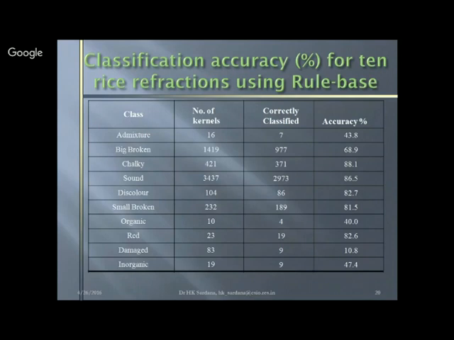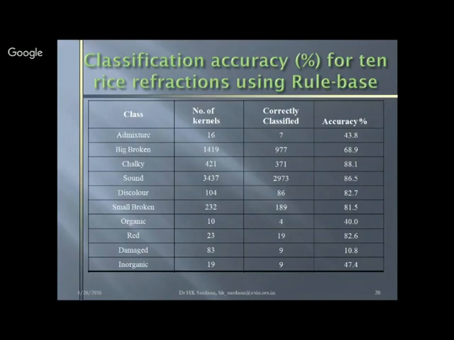Now you can see the poor rules, the quality is also not that good. So what is the best classification here? Probably we got 86%, 88% for chalky, 86% for sound. Because some chalky was relatively easier and sound were many in number. A grain which is chalky is almost whitish. And sound were because we were able to tune our training to more sound grains because they were largely